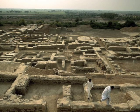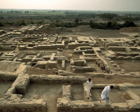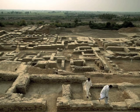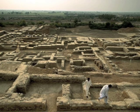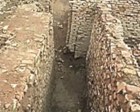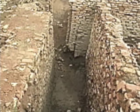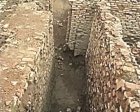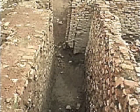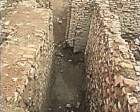The lower town, as it was called, was where the inhabitants lived. It was made up of numerous lower mounds that may represent multiple walled neighborhoods. In this area, the buildings were aligned on a grid system. Although most of the houses were 2 stories tall, the houses located in the lower section varied in size, much like houses do today. The houses were built with sun-dried or sun-baked mud bricks that could be found around the